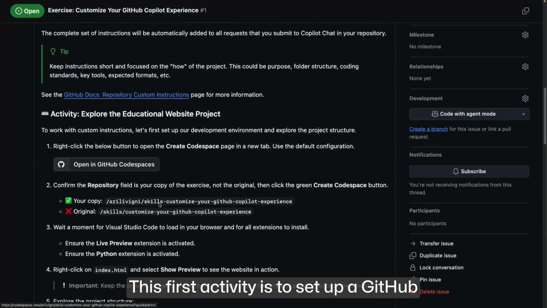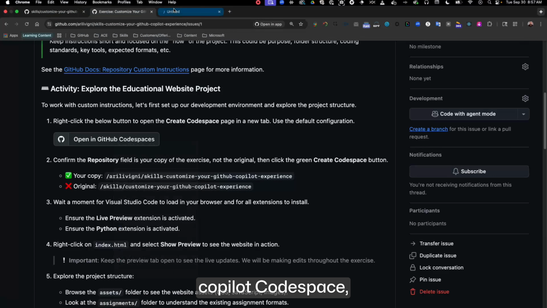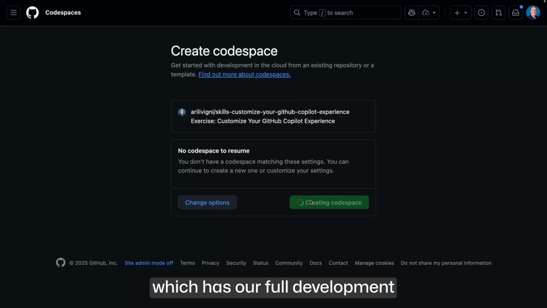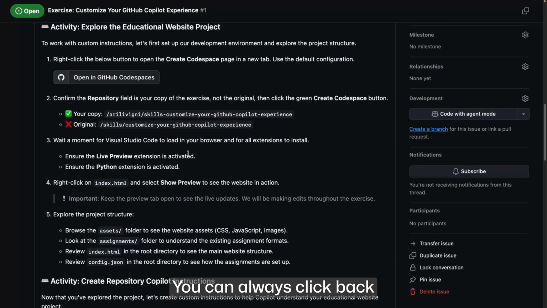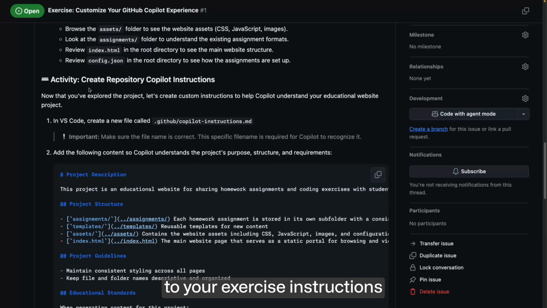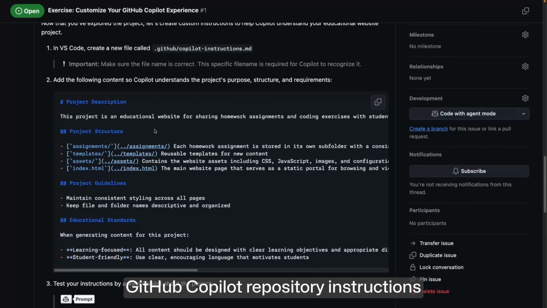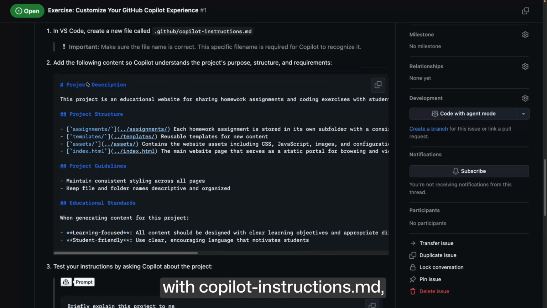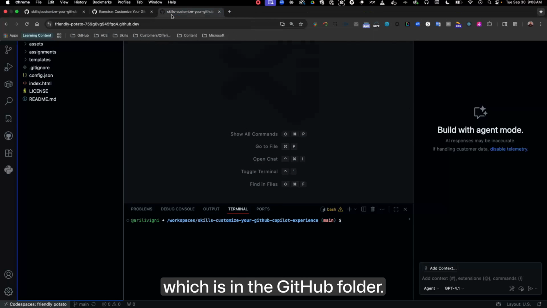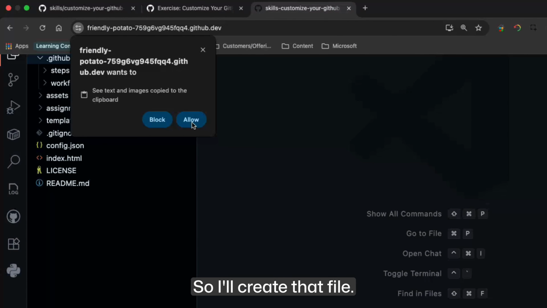This first activity is to set up a GitHub Copilot Codespace, which has our full development environment for this exercise. You can always click back to your exercise instructions to keep following through. As you can see, we're setting up GitHub Copilot repository instructions with copilot-instructions.md, which is in the .github folder. So I'll create that file now,